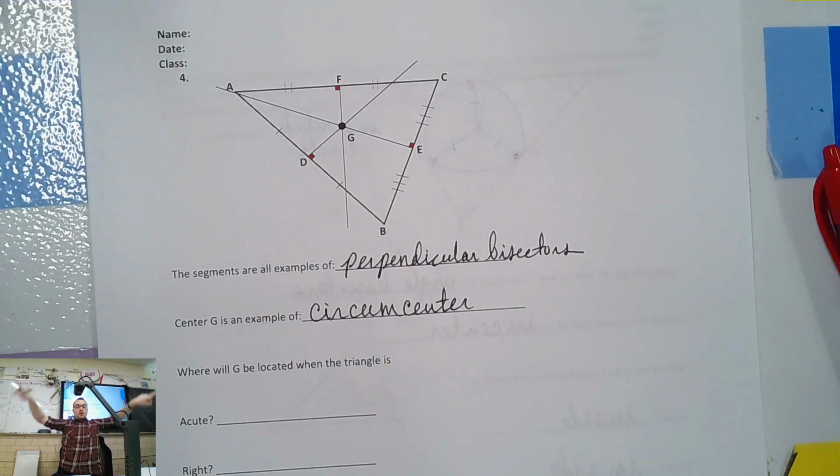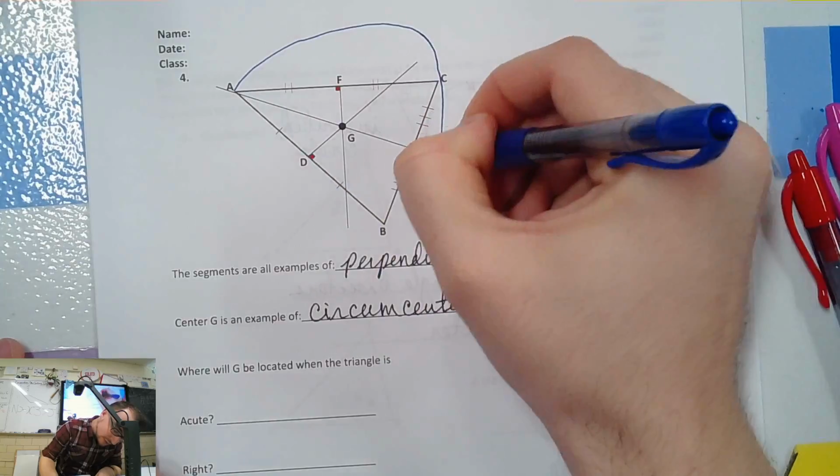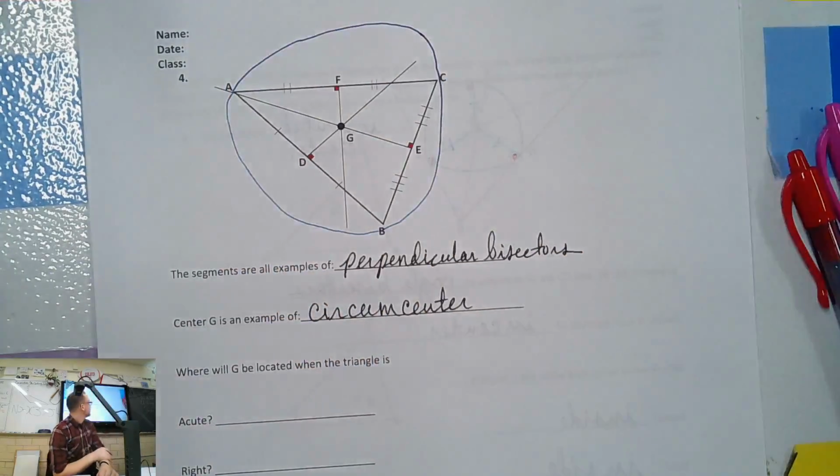Okay. So we have a circumscribed, again, careful how you say it, circumscribed circle. Okay. Now, just like Magellan, he circumnavigated the world, right? We're going to go all the way around the outside of the triangle. So around the outside of the triangle, we have a circumscribed circle.